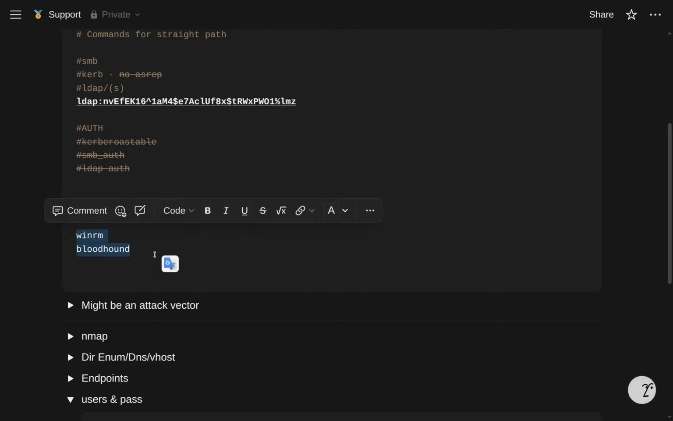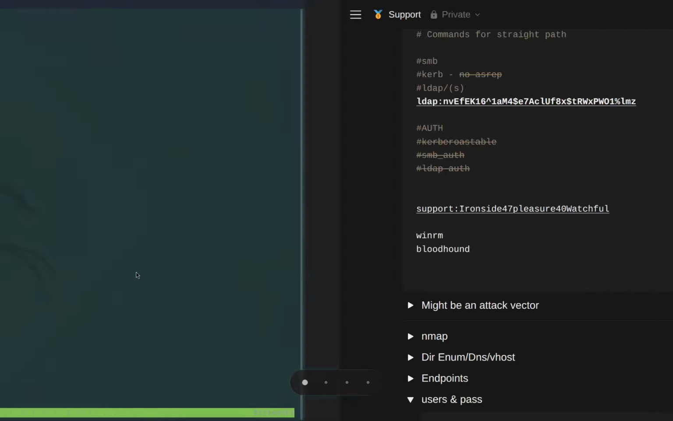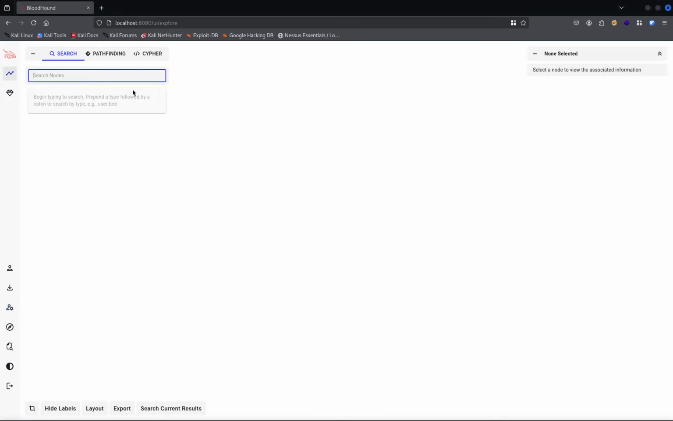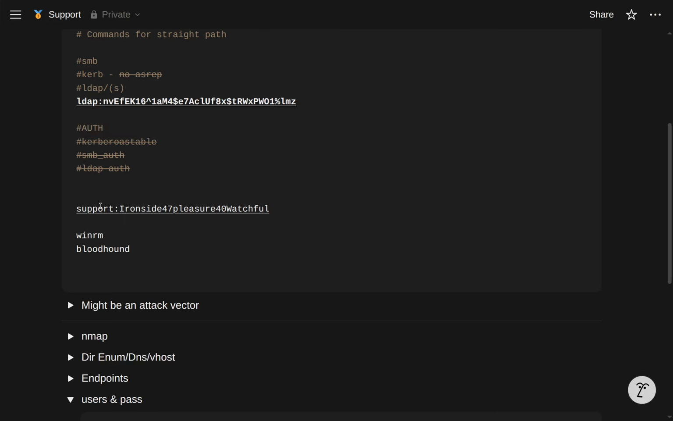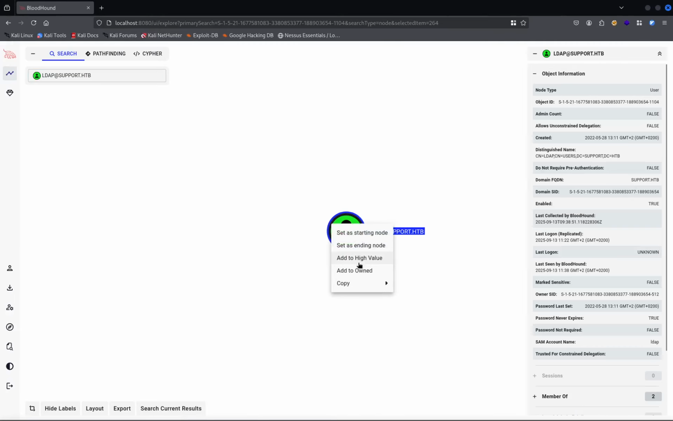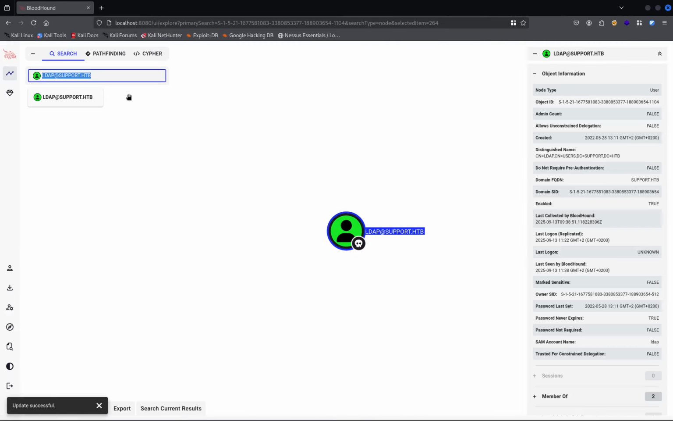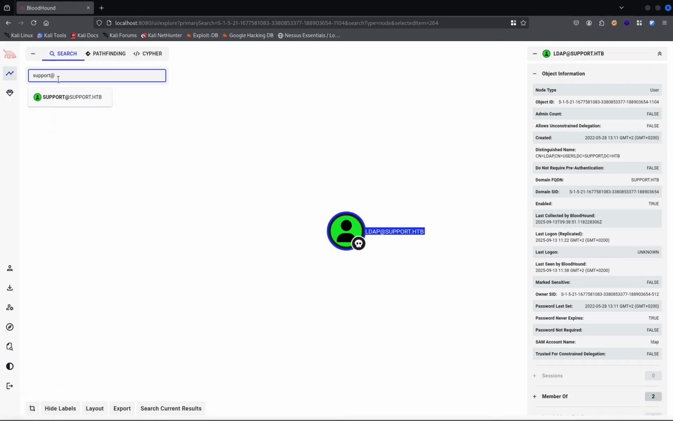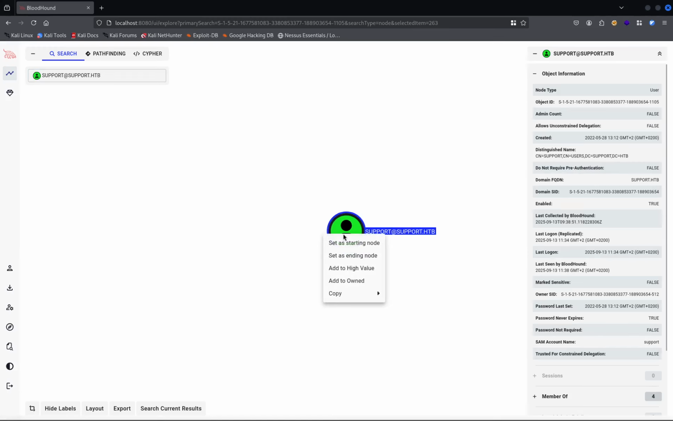I don't need this. So let's check. Let me go to BloodHound. So that's great, complete from the first time. What users do we have? We have LDAP and we have support. LDAP, add to owned, and support. So in case you don't see support over here, which is the case, just add over here and add to